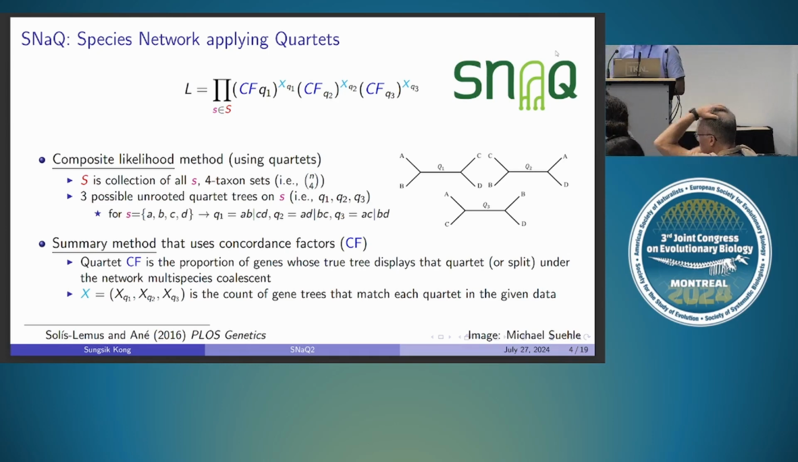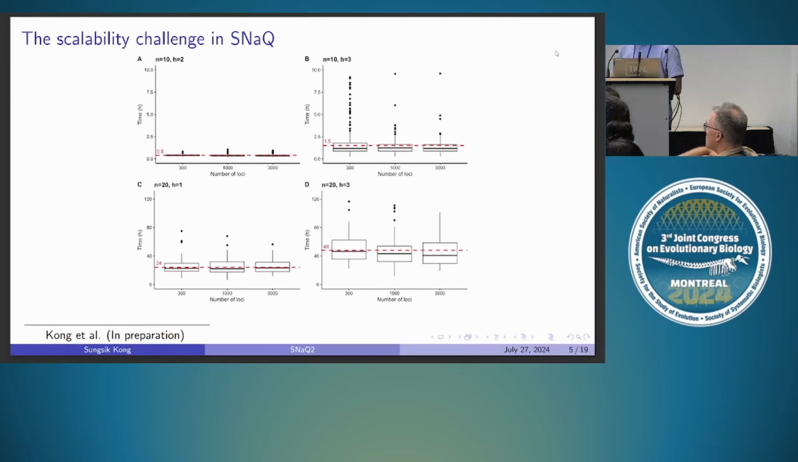The true probability of each of these unrooted quartets under the network multispecies coalescent can be computed, and we're going to call that the quartet concordance factors. And observed quartet concordance factors can be computed. We're going to call that X, by counting the number of gene trees that match each of these quartet topologies. So SNaQ seems to have some ingredients that are supposed to make it fast, but is it actually